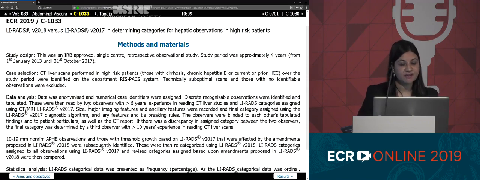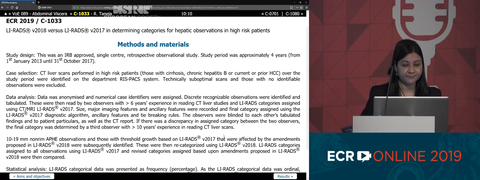These observations were then read by 2 independent observers who documented, based on version 2017 criteria, the size of the observations, the major imaging features, and ancillary features, and determined the final LI-RADS category based on the diagnostic algorithm, ancillary features, and tie-breaking rules. If there was any discrepancy between the 2 observers, a 3rd observer was called upon to